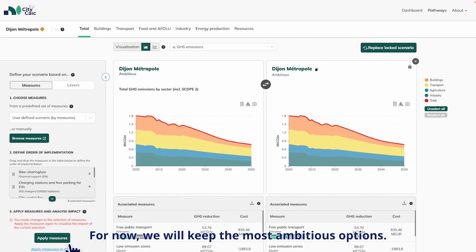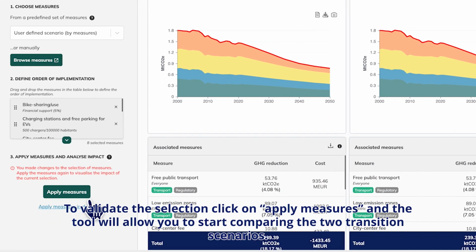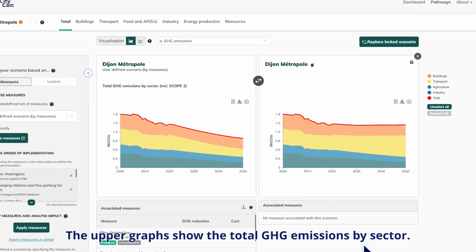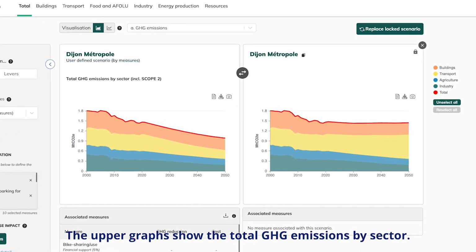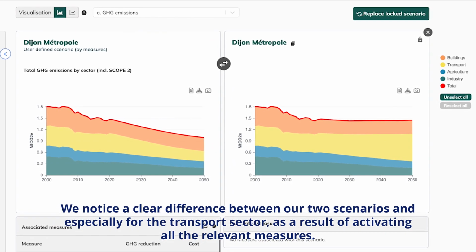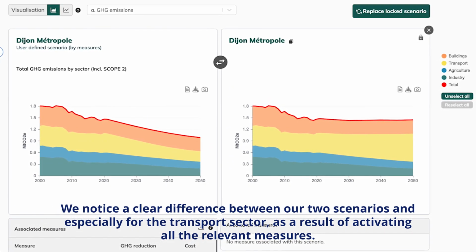For now, we will keep the most ambitious options. To validate the selection, click on Apply Measures, and the tool will allow you to start comparing the 2 transition scenarios. The upper graphs show the total GHG emissions by sector. We notice a clear difference between our two scenarios, and especially for the transport sector, as a result of activating